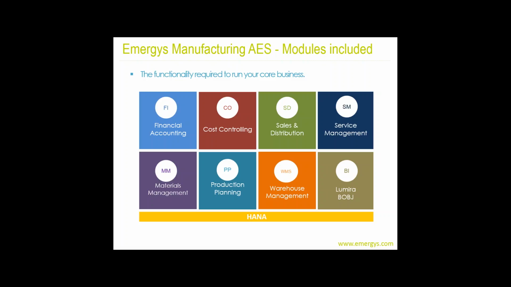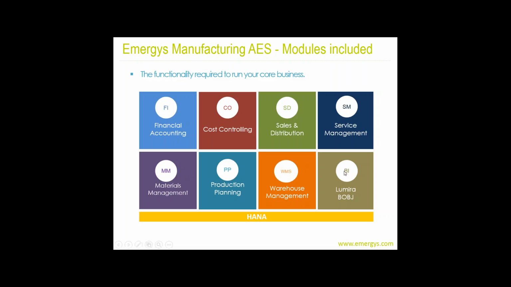There may be something from a wholesale distribution vertical, if you will, that someone in manufacturing might want to use. Well, we can just put that on top. Transportation management's a good example of that. A lot of manufacturers don't transport their own product, but some do. So they start to blur the lines between a typical manufacturer and a wholesale distributor. So we pull some of the functionality from wholesale distribution and associate it with manufacturing, and the footprint gets a little larger to meet the unique business needs of the specific customer.